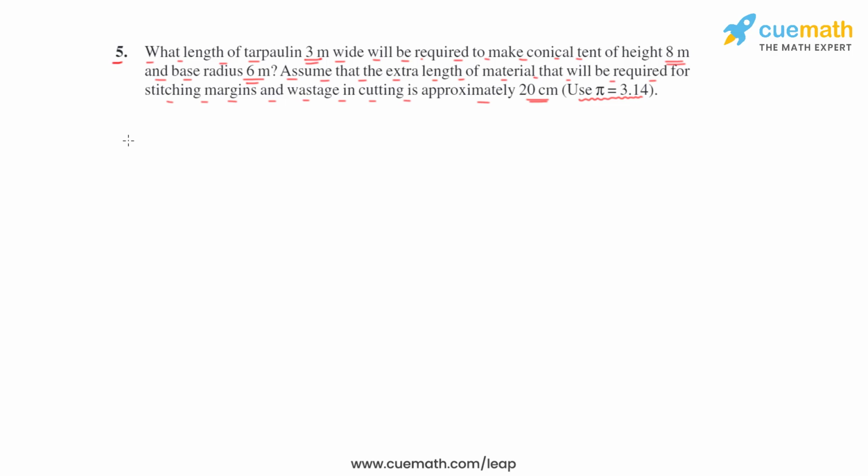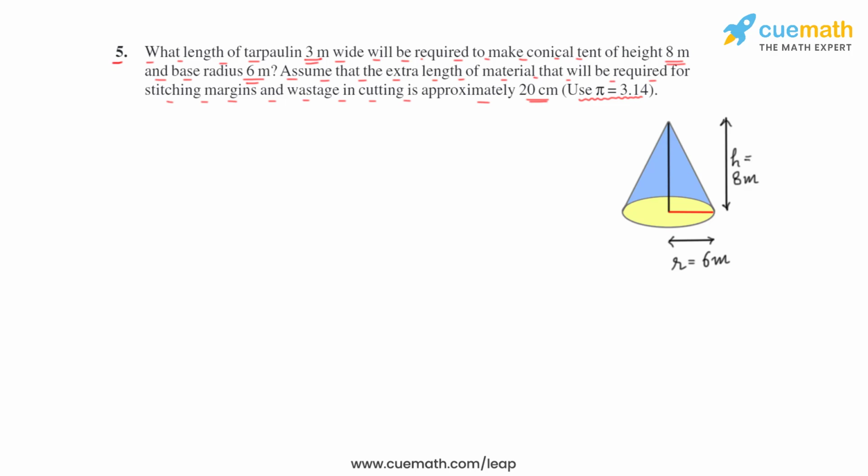So, as you can see, here is a cone. Let's say this is a cone, the height is 8 meters, the radius is 6 meters, and they have to make the tent with tarpaulin. So tarpaulin material will be required only on the curved part, not on the base. It means we have to first find the curved surface area of this tent, and that we will equate with the area of tarpaulin material, because the area should be the same. Using that we will equate the areas and then find the length. So let's see how we can do this.